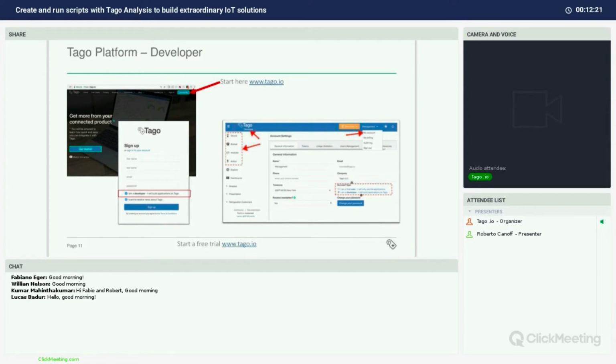When you go to Tago, you are able to sign up for free. For this, I just want to make sure you understand that Tago is one platform with two options. One is for you that want to design something, want to develop the solution. The other one is the final user. For example, if you design a solution that a driver or farmer is going to use, they are going to use the same